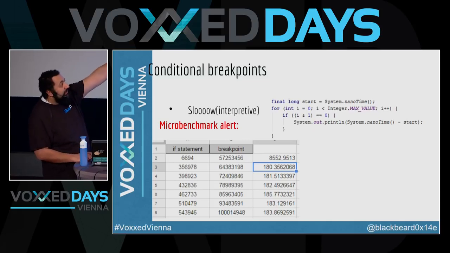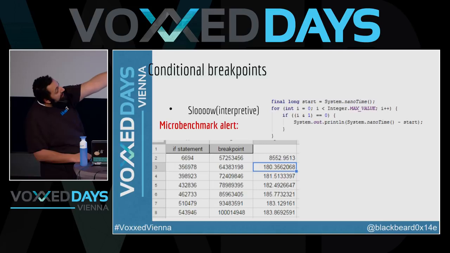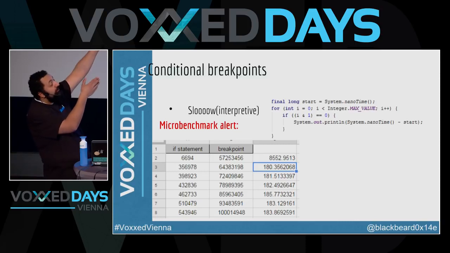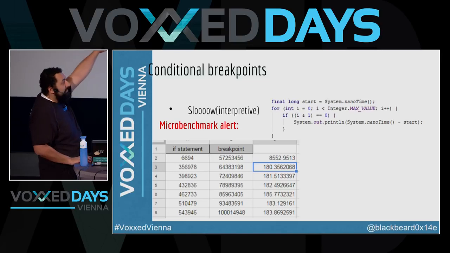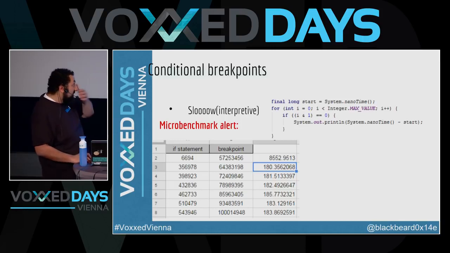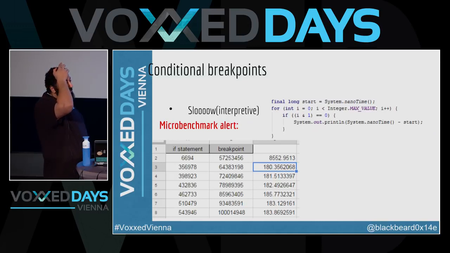And this is the other one. This is a normal breakpoint, at least the example is, and in Java, this is another micro benchmark. I did a comparison with a simple loop. The first experiment, instead of i is even, I put that in a conditional breakpoint. In the other example, I did a normal breakpoint and put a condition in the if statement. It turns out it's about 180 times slower, if you can believe this. I know this is probably a little bit exaggerated, but I was too lazy to redo the slide. But it's much slower.